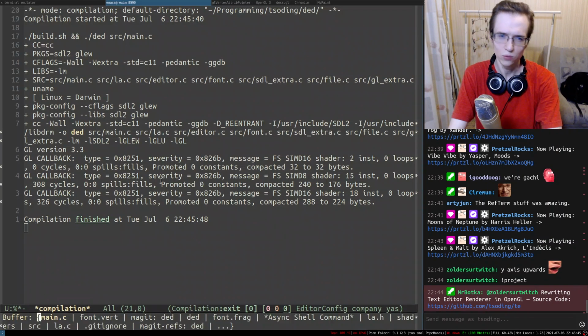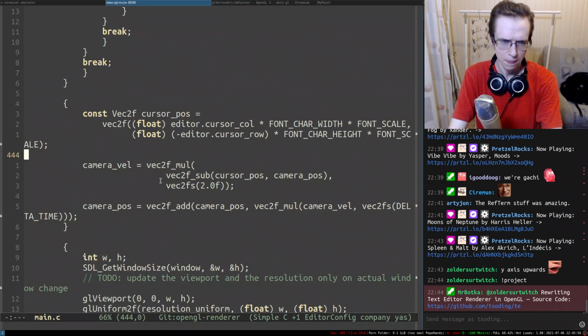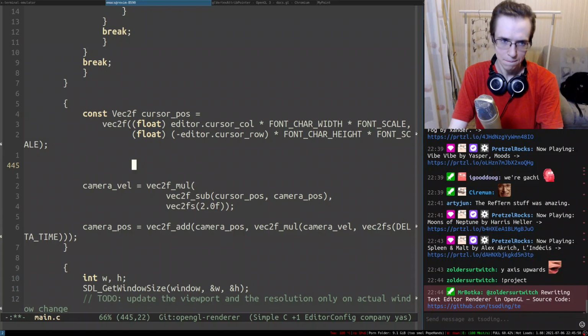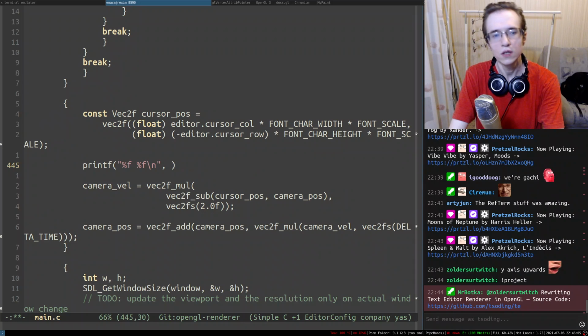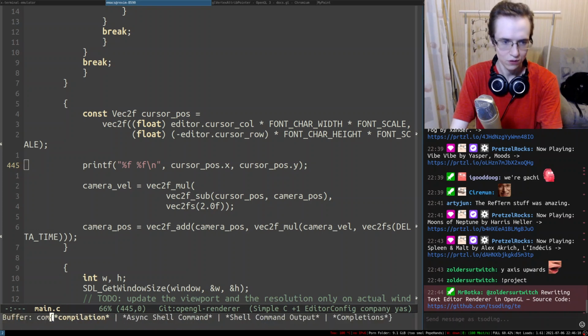It simply flies away, and I don't really understand why. Maybe we could trace this value somehow. What if we just printf the cursor position, if you know what I'm talking about? So in cursor position we do that, a bunch of f's in here. Cursor position x, cursor position y, and let's see what's gonna happen.